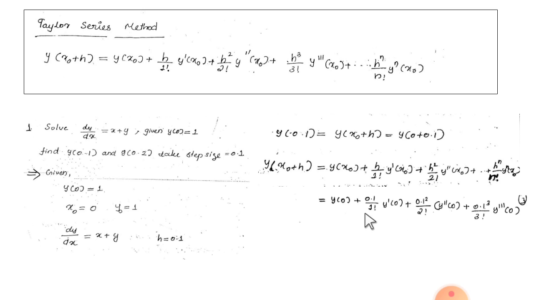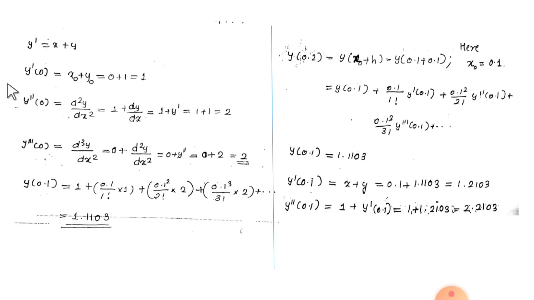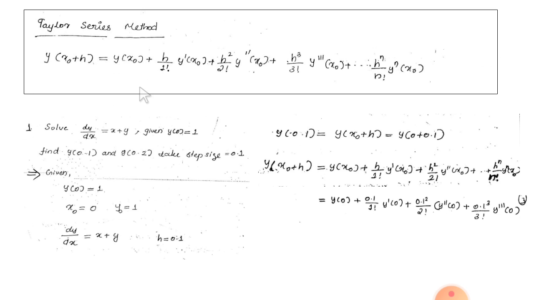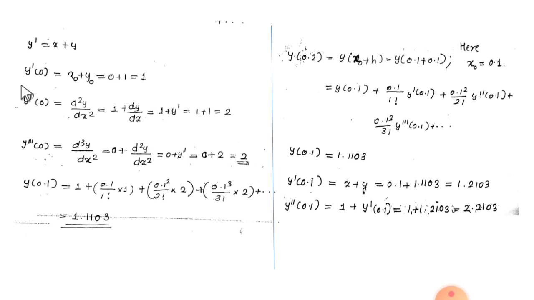Now you have to find what? You have to find the values of y dash of 0, y double dash of 0 and y triple dash of 0. Now we can find all the values. Okay. So y dash from the question, it is what? dy by dx, that is equal to x plus y. Then y dash of 0 will be what? x0 plus y0. So x0 we have already obtained as 0, and y0 value we have obtained as 1. Substitute that, you will get y dash of 0.